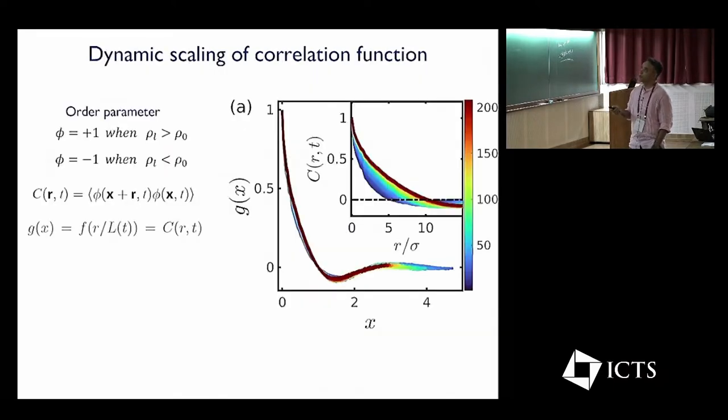So now we also define an order parameter: if the density is greater than the average density, then the order parameter is +1, otherwise it is -1. We look at the correlation functions. And very interestingly, the color indicates the correlation function with increasing time. Red is large time since the start of the experiment, and blue is very small time since the start of the experiment. As you see, as time progresses, these clusters grow in time, and then once again we can find a characteristic length scale and then rescale all these